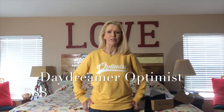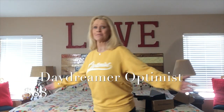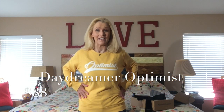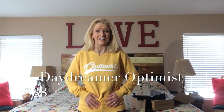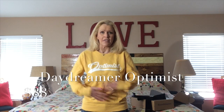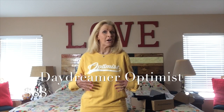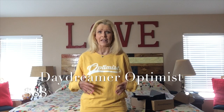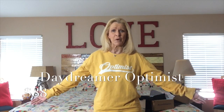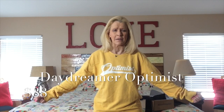Here is my Optimist sweatshirt, and I really like this sweatshirt. There is plenty of room in it. I will tell you, now that it's on my body, it is not super soft on the inside, and that's kind of what I expect from a sweater. I know this sweatshirt is kind of pricey, and I don't normally wear any type of graphic tees or anything like that, but this spoke to me, so I have to look at that price tag because I don't remember,